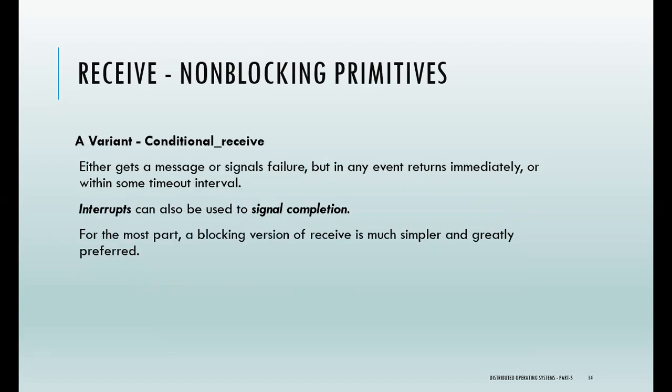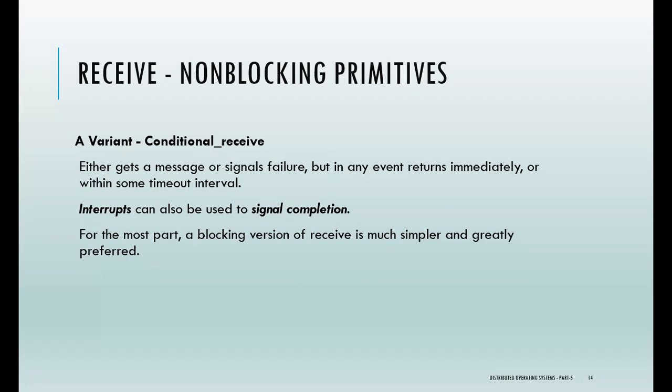Receive non-blocking primitive. Just as send can be blocking or non-blocking, so can receive. A non-blocking receive just tells the kernel where the buffer is and returns the control almost immediately. Again, here, how does the caller know when the operation is completed? One way is to provide an explicit wait primitive that allows the receiver to block when it wants to. Alternatively, the designer may provide a test primitive to allow the receiver to poll the kernel and